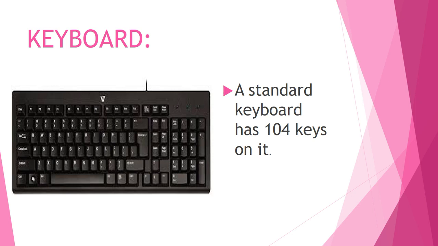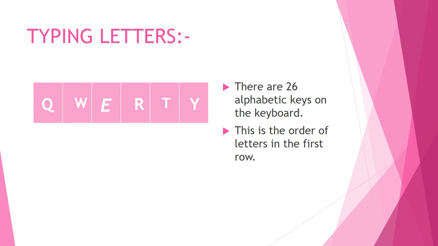Students, before computers, people used typewriters to type any numbers or letters. We have learned that a keyboard has alphabetic keys and numbers keys. We use the alphabetic keys to write words. We use the numbers keys to write numbers. First is typing letters. On the keyboard, we look for the keys that have the letters we want. When we press this key, we can see the letters on the screen.